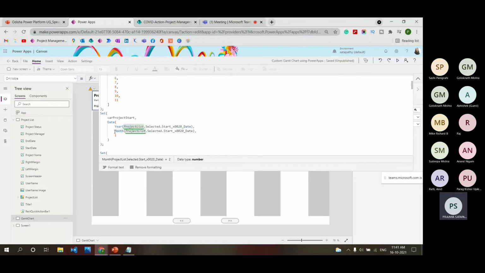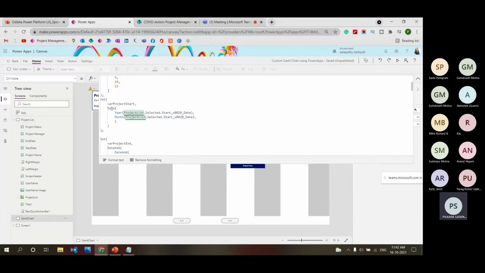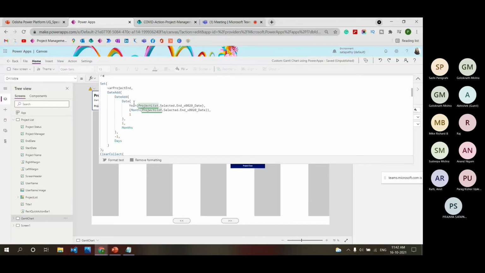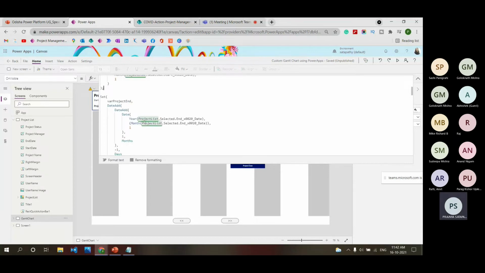This formula finds the month of the selected date, that is February. In this way the formula finds the year and month, and similarly it also finds the last date of the project and the day difference.